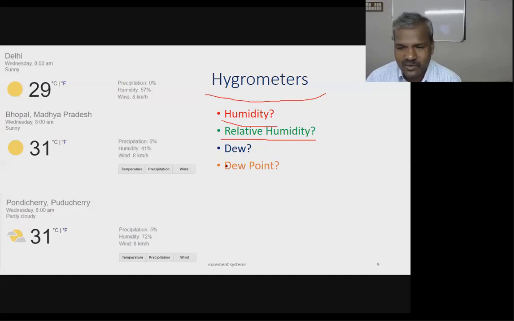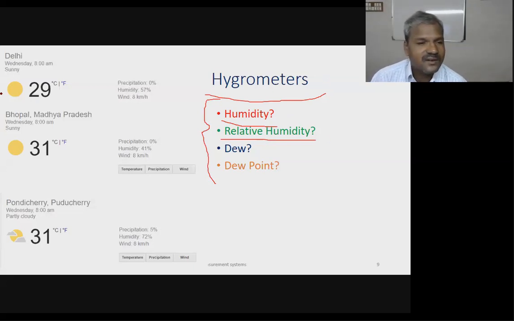These terminologies are very important. Sometimes a 2 mark question will be asked from this. So humidity is nothing but the amount of vapor present. What is relative humidity? Relative humidity is the amount of vapor relative to how much vapor can be held by the air. That is relative. Suppose I will tell you,